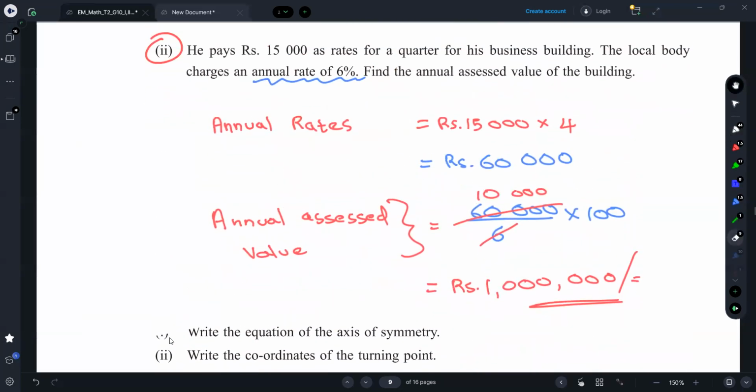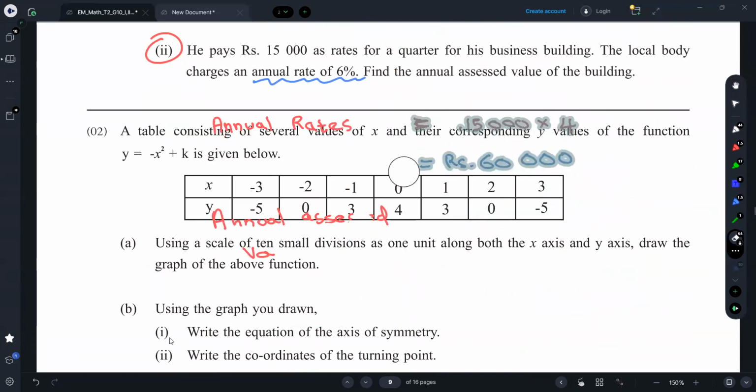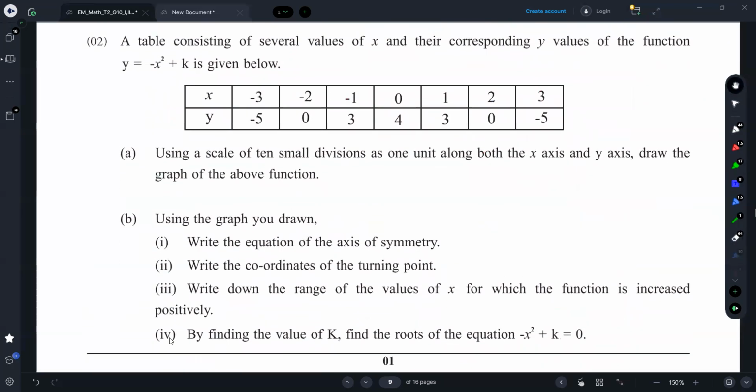Then we start the graph question. A table consisting of several values of x and their corresponding y values of the function y equals to minus x squared plus k is given below. Using a scale of 10 small divisions as 1 unit along both the x-axis and y-axis, draw the graph of the above function. So, before drawing, you can write down the